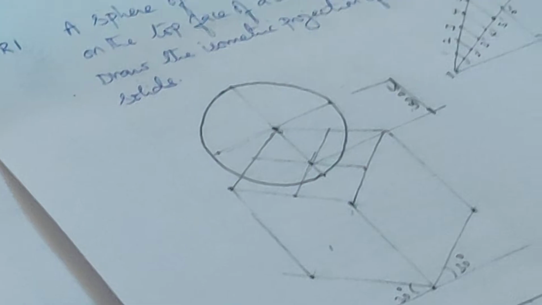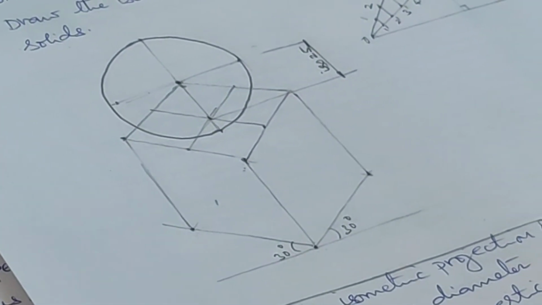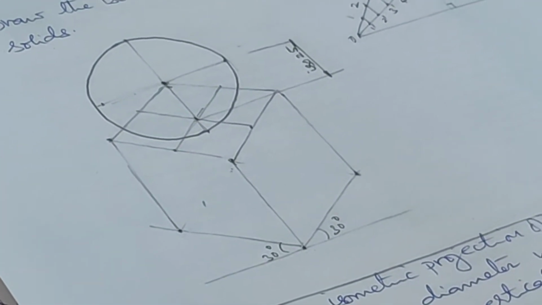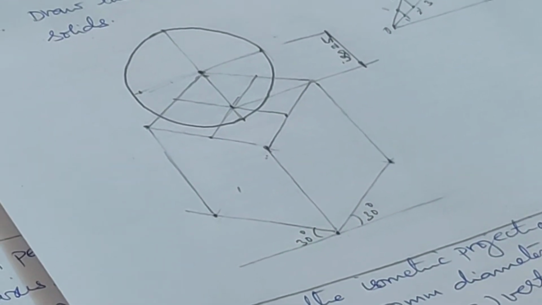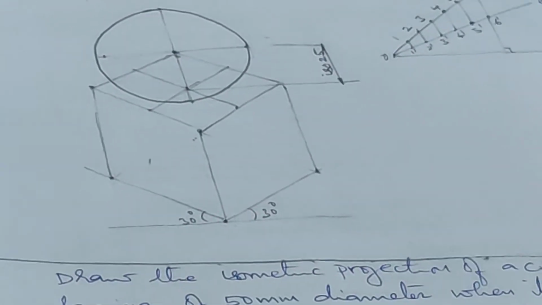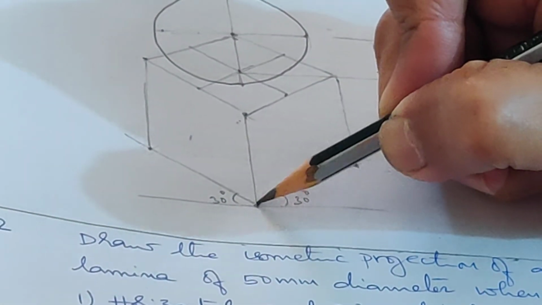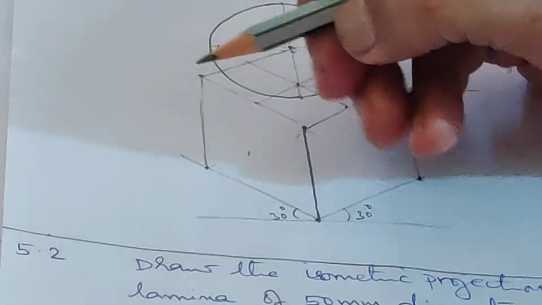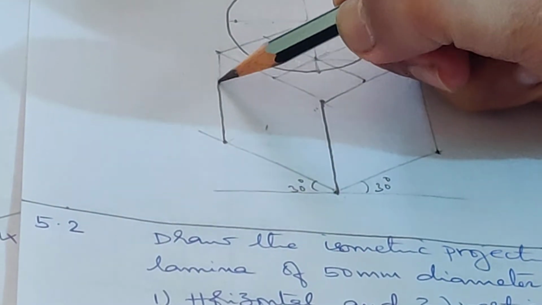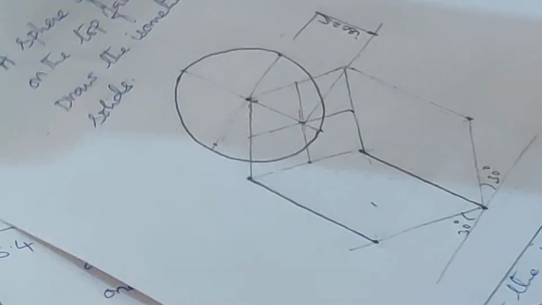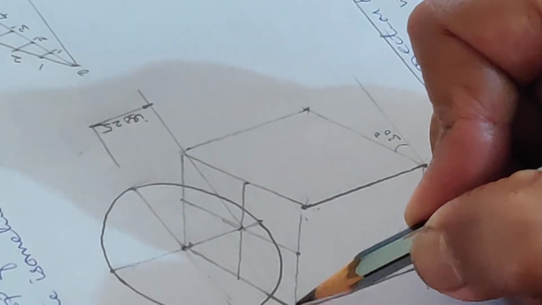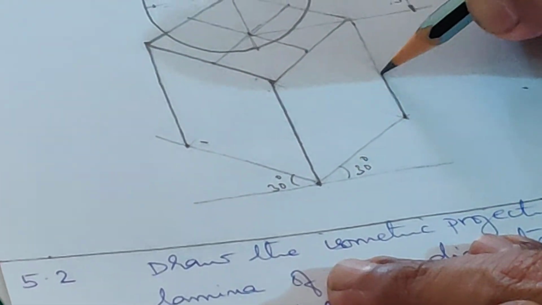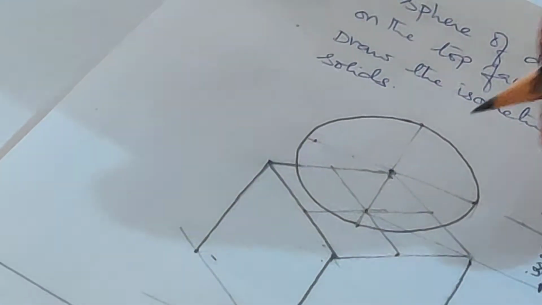Now what are the lines that are not visible to you? Either you can erase or you can retain them as thin lines. But all the visible portions should be made dark. That is important. So I am making all the visible portions dark. You have to use your scale. Don't use freehand. Please use scale to make the lines dark. It's visible till here.